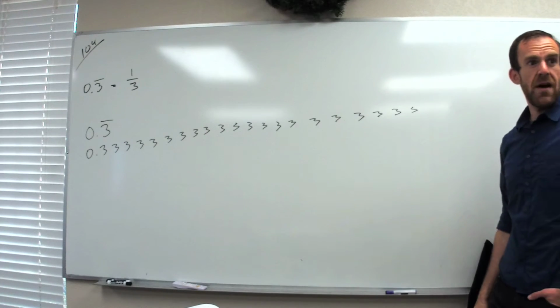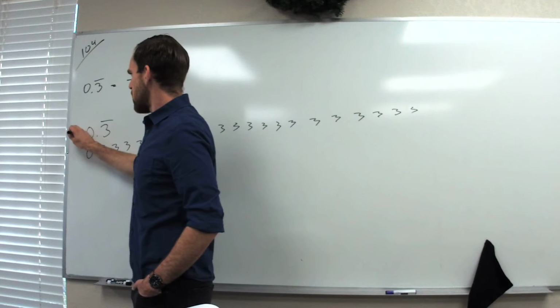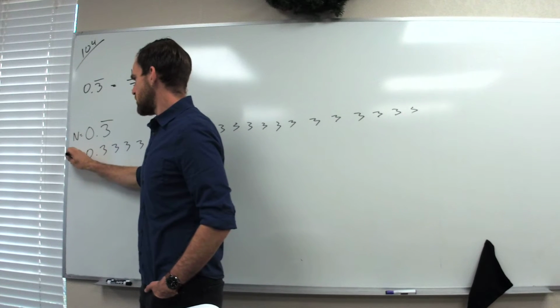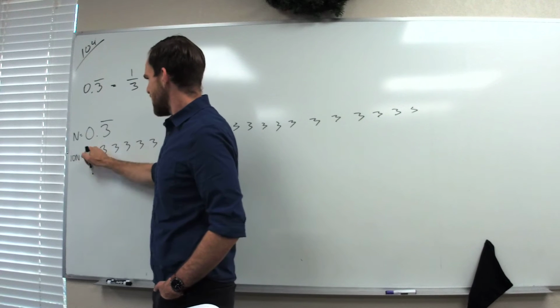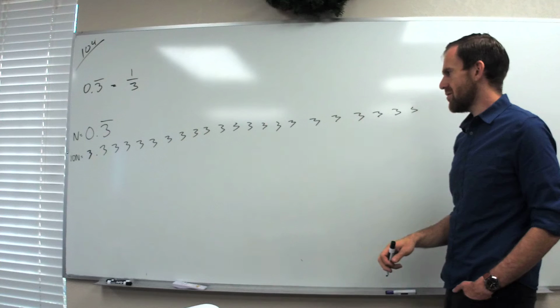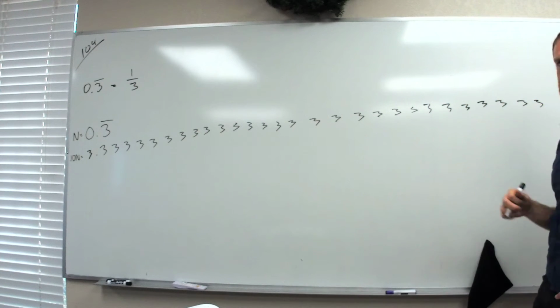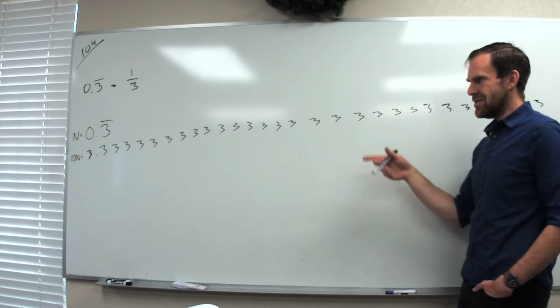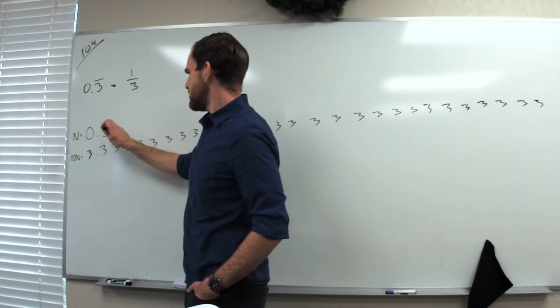What happens if I multiply it by 10? What does that equal? 3.3333333333. If you multiply by 10, you just get 10 times that. So if I were to write out this number,